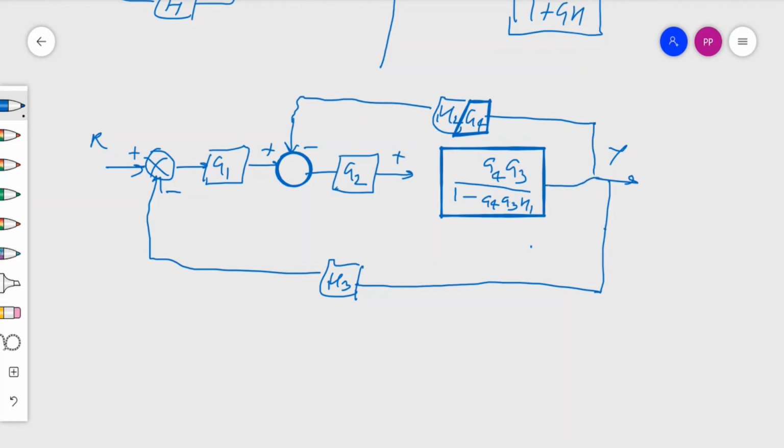So this we can combine together like this, and after this, the next we can combine these together. If we combine this together, we can find another block, which is actually